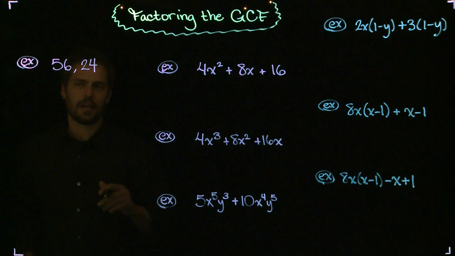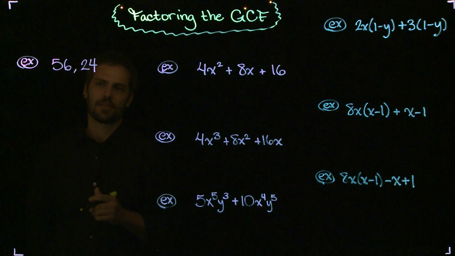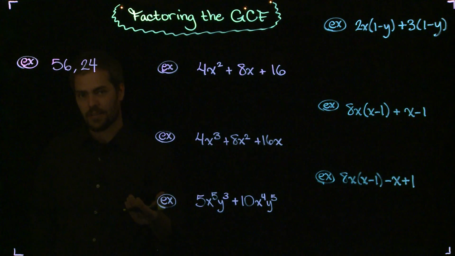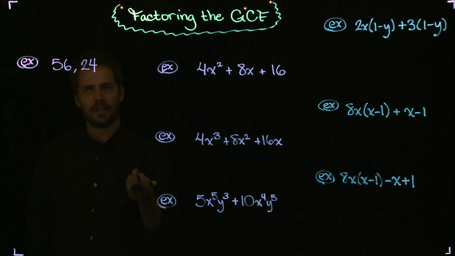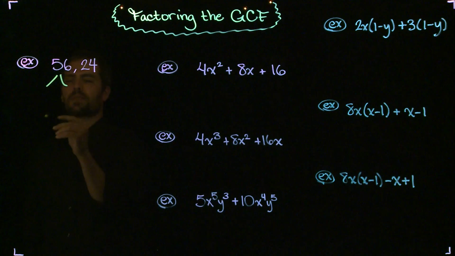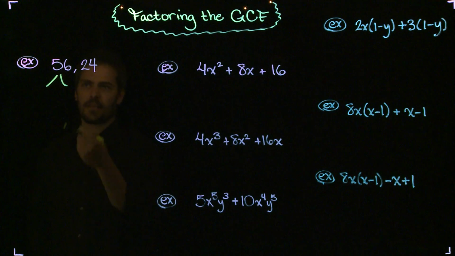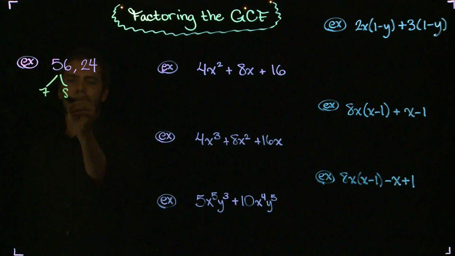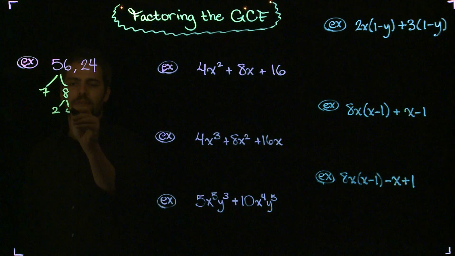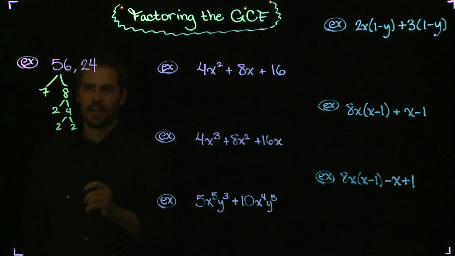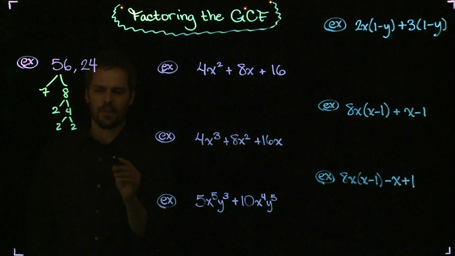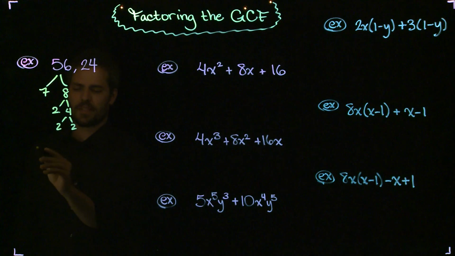Taking a look at these two numbers, 56 and 24, when I talk about the greatest common factor, first of all, I'm talking about common factors. If you recall, factors of a number are numbers that are multiplied to give you a number. Suppose I'm looking for two things that are multiplied to give me 56. I could say 7 times 8. I could continue this, even breaking down the 8 and saying that that's 2 times 4, and then 4 is 2 times 2. What I'm doing here is the prime factorization, just so that I can see all the prime numbers